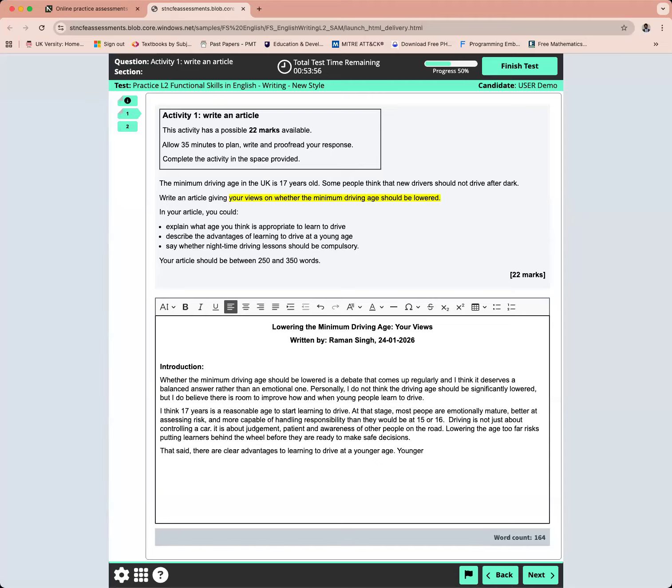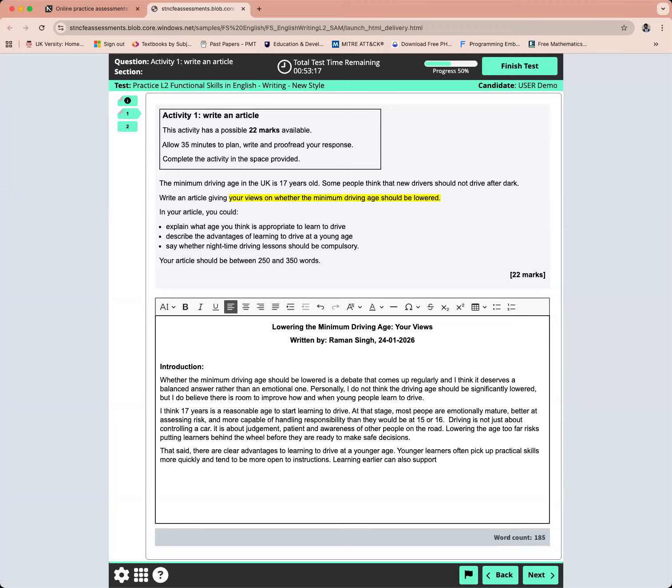So just quickly looking at a couple of points which I think I've looked at. Younger learners obviously often pick up practical skills more quickly because they are quite agile, they are nimble, and obviously in some cases the mind is more enthusiastic and motivated to learn, and they are open to instructions. So I'm just putting some points forward, which I think I would have gone through, and I would have looked at learning to drive. So learning earlier can also support